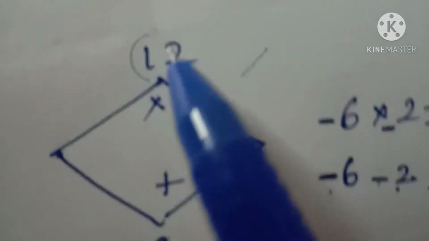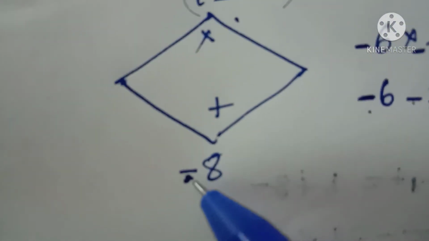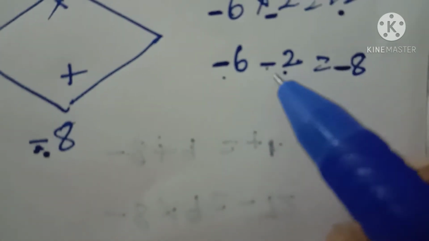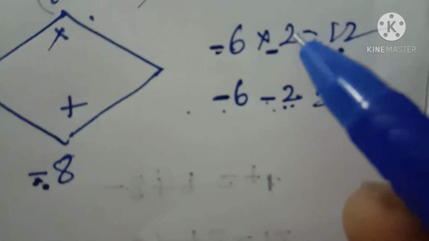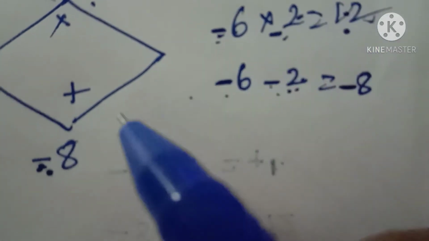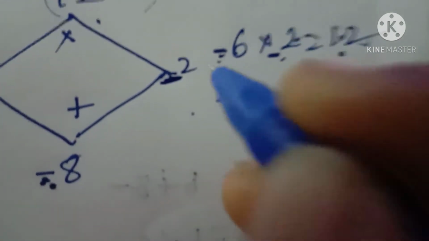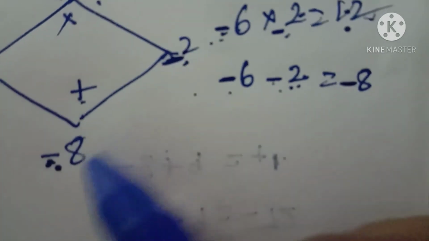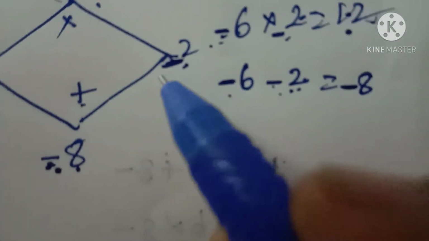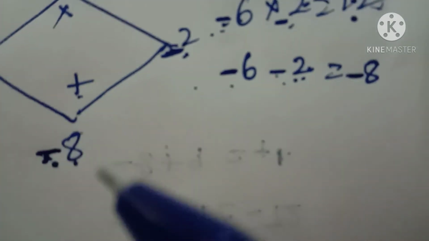So keep in your mind, if the product is in the plus and the sum they given is in the negative, then you have to take both the factors in the negative. Therefore, 6 2s are 12, minus into minus is plus. And then minus 6 plus minus 2 is 6 plus 2 is 8. Minus and the greater number sign is minus. Therefore, minus 8.